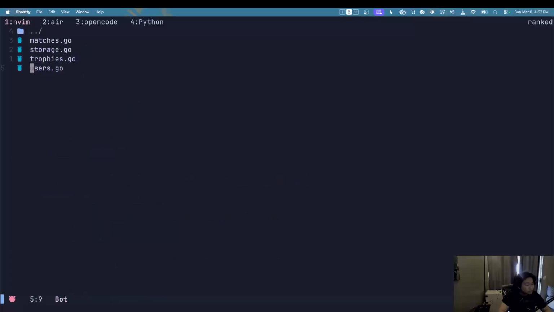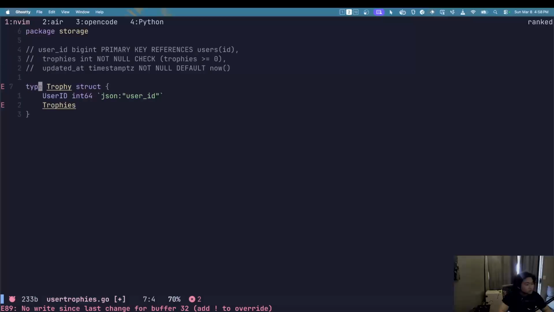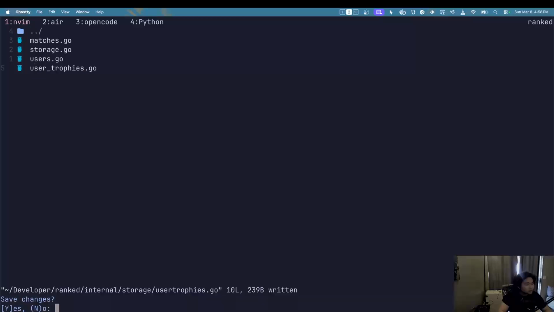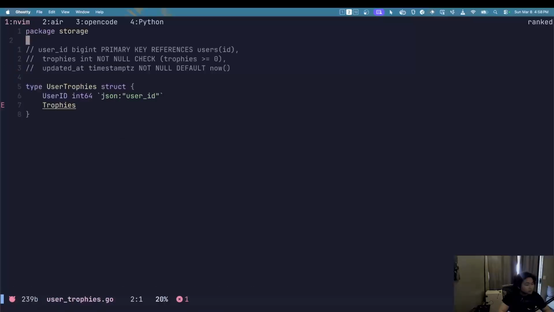Storage. Should I call this user? How does the file naming go here in Go? I know this is always single lettered. User trophies. Let's call this user trophies, yeah. I don't know, I feel like it's supposed to be like this. Looks more natural to me. User trophies int64 JSON